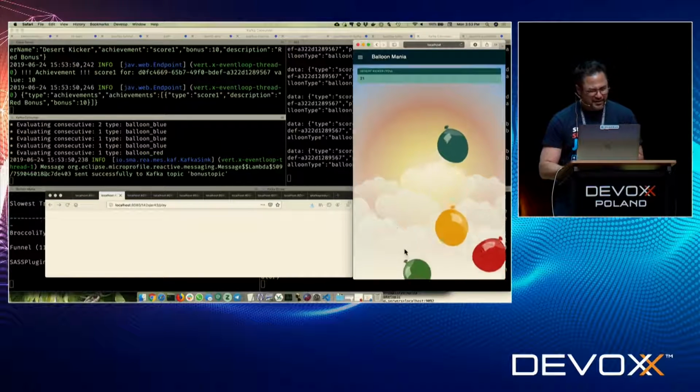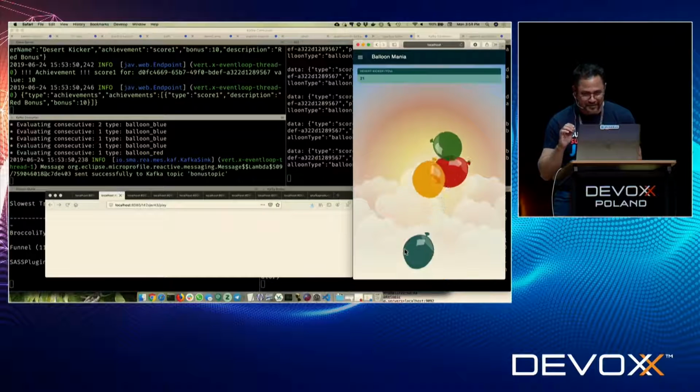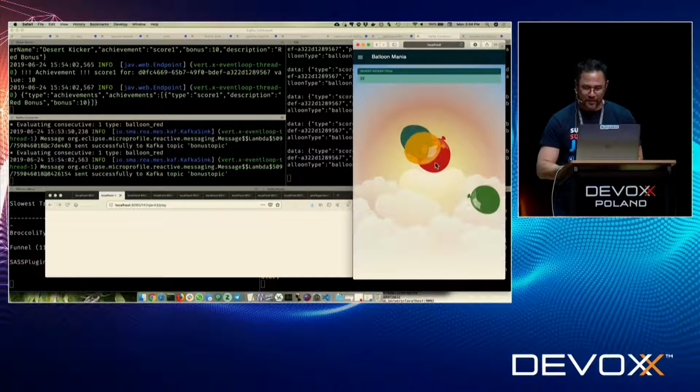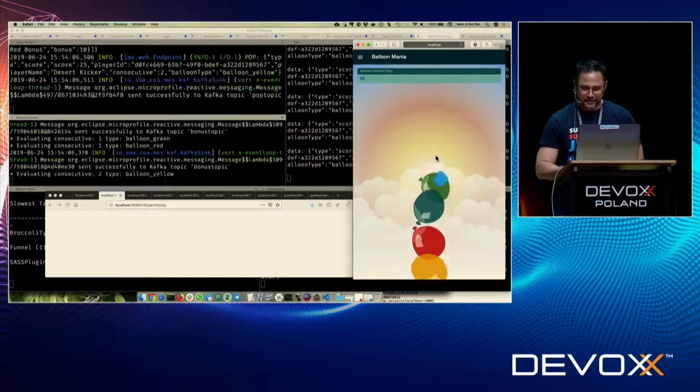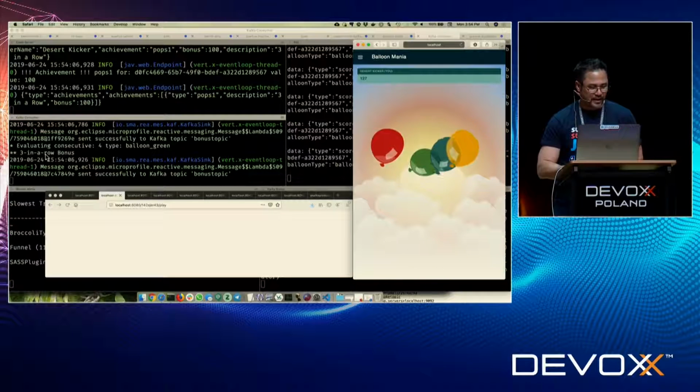And if you watch closely, and this is one of the bugs I got to work on, it flashed up on screen, you got the red bonus. Okay? So it actually happened very fast there. Now let's try it for the 3 in a row. All right. There we go. We had 3 in a row. So you can see the 3 in a row logging out over here.